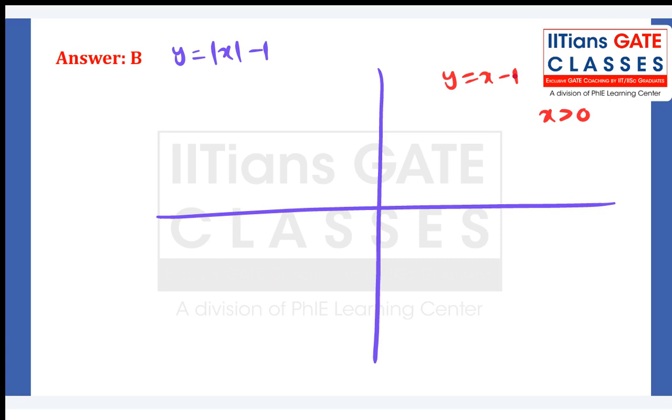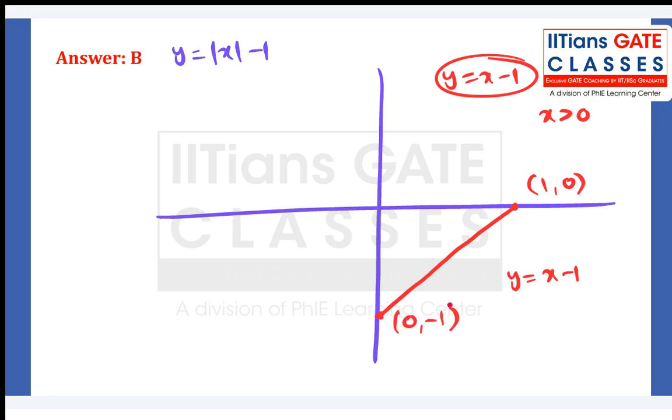Okay, so that is nothing but a line of positive slope with negative intercept. So it is something like this. This is the y equal to x minus 1 line, and we are drawing it for x greater than 0. That means it is only in this region. So this will be 1 comma 0, this is 0 comma minus 1, and when x is negative,